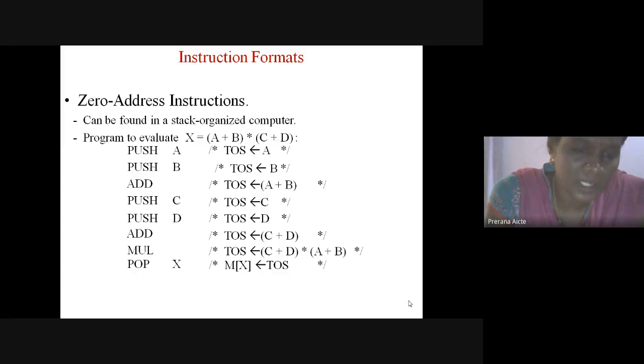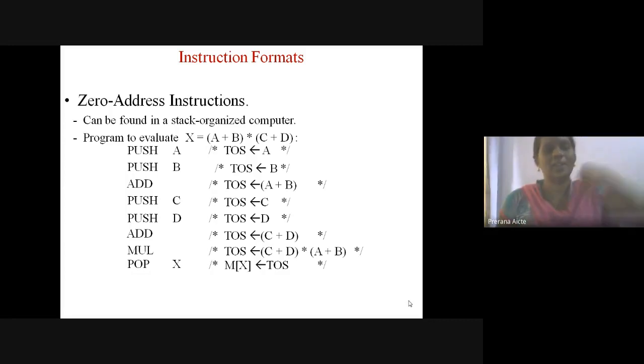Whenever multiplication occurs, pop the previous two operands, that is A plus B and C plus D, then perform the multiplication and push the result onto the top of the stack. The overall result is moved into some memory location. That's why we are using pop X. We pop the result from the top of the stack, then store it into memory location X.